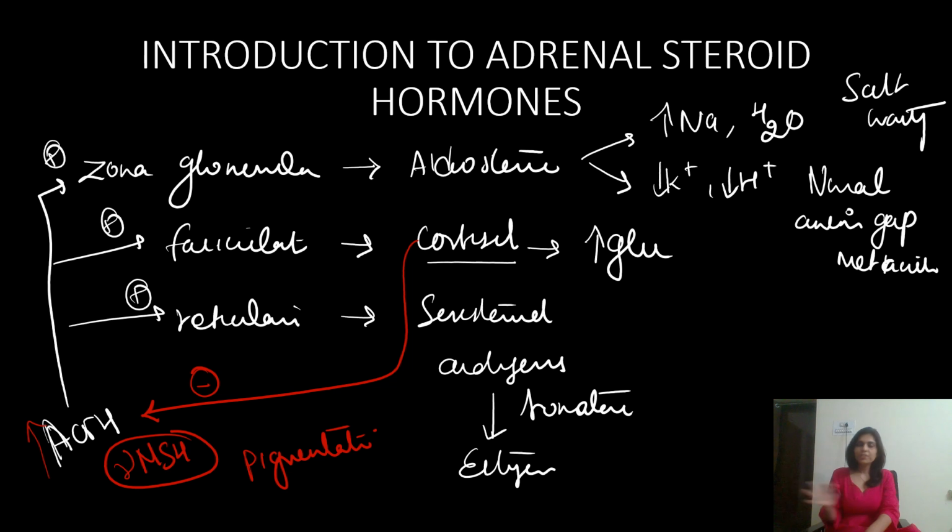So in all congenital adrenal hyperplasias, it can be a 21 beta hydroxylase defect, it can be an 11 beta hydroxylase defect, whatever may be the enzyme defect, patients present with hyperpigmentation, because in all these conditions ACTH release is increased, and that is released along with gamma MSH that causes pigmentation.